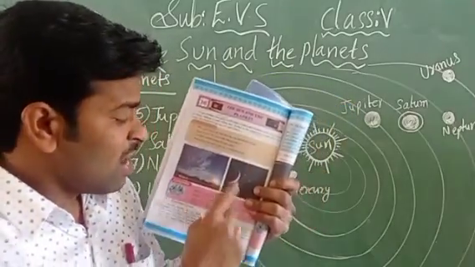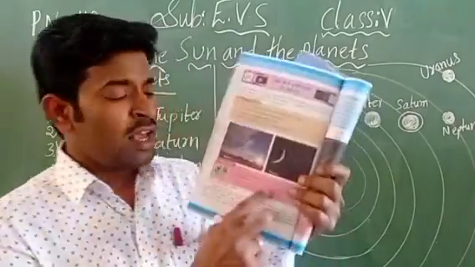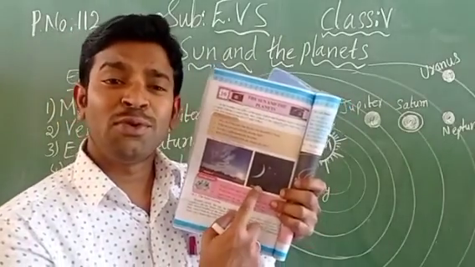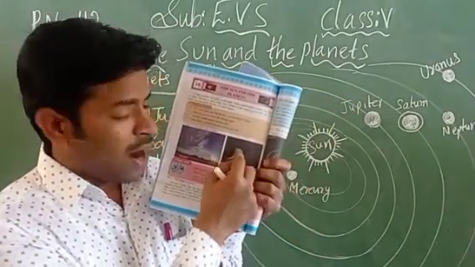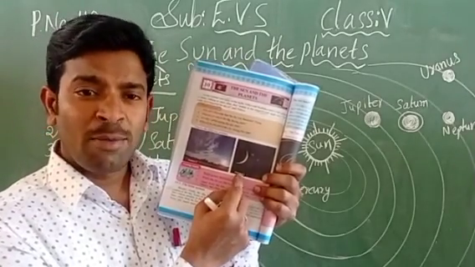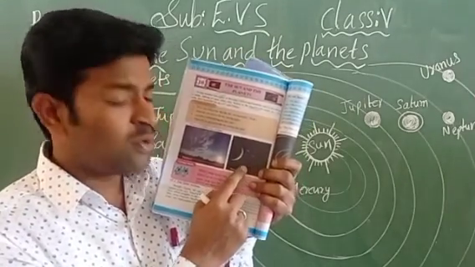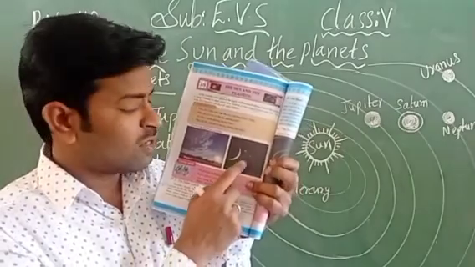Yes, it is a clear sky. Now second picture, what is seen, children, here? In the second picture, you are able to see the moon. Half of the moon. So a small part of the moon you are able to see in the picture. Next one, few stars are shining. Yes, few stars are shining.